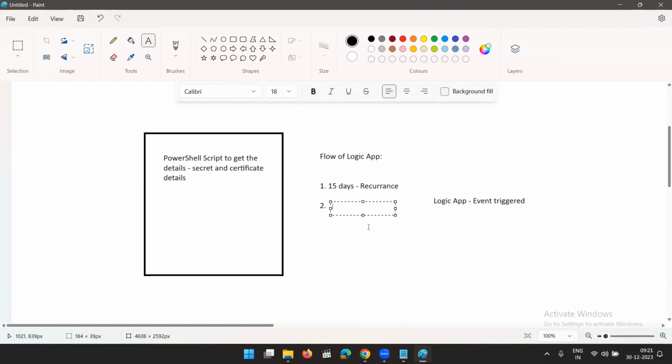So my logic app will run the PowerShell script. Now I have to keep that PowerShell script somewhere so that it can automatically be executed. So for this purpose, I'll create a job with the logic app. Now what kind of job will it be? To execute